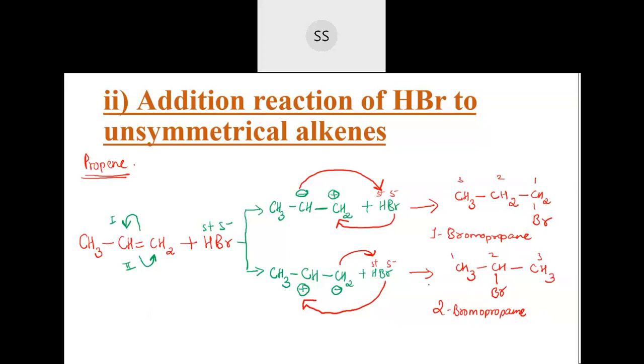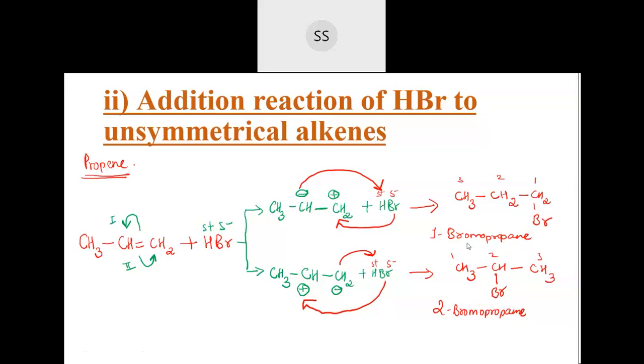This much is clear, no? What we have done just now is we took an unsymmetrical alkene and added HBr considering both possibilities, because I said electron density can shift to any carbon. So we considered both this carbon getting negative as well as that carbon getting negative, with the other getting positive charge. In that context we got two products, 1-bromopropane and 2-bromopropane. Among these two, one will be formed in major quantity and one in minor quantity.